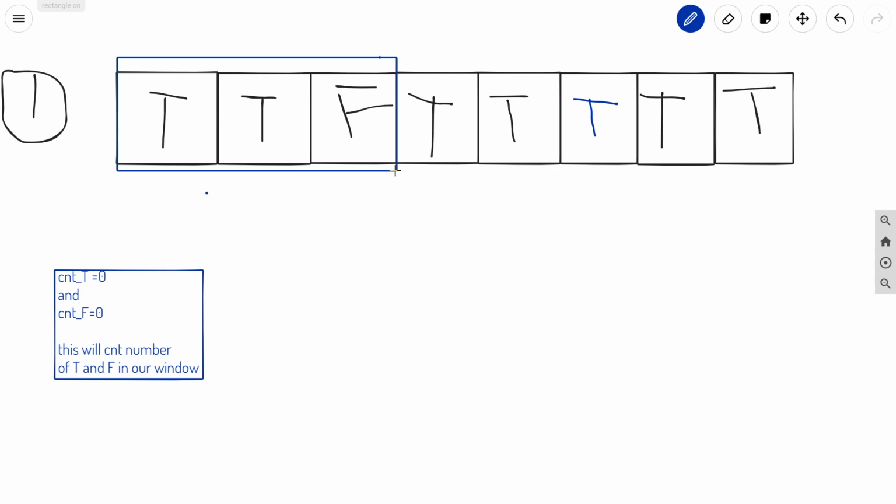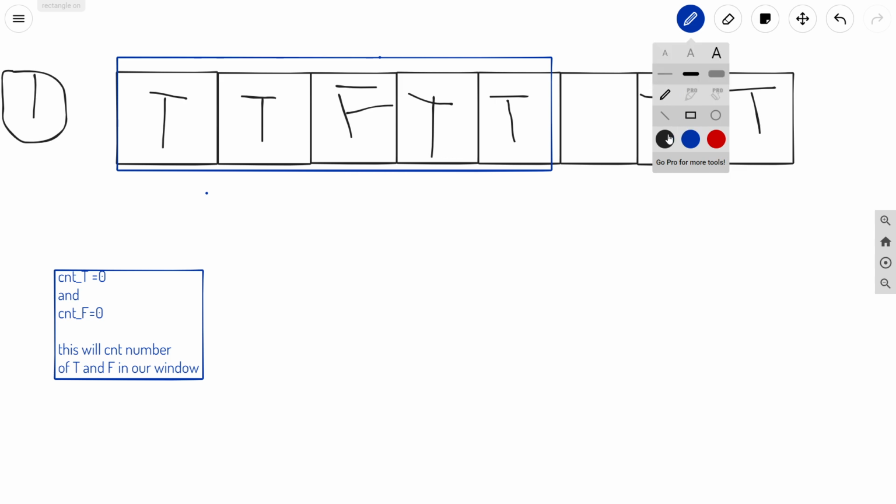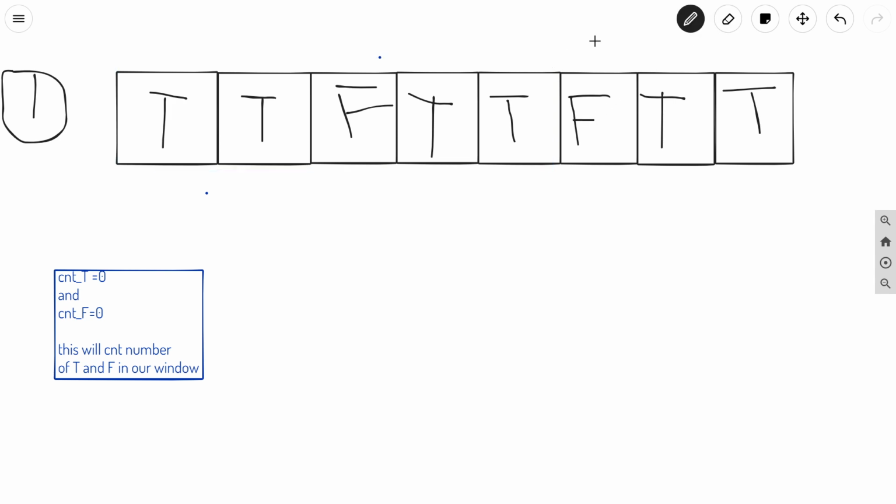So we can again increase the window, and we find count t is 3 and count f is again 1, then count t is 4 and count f is again 1. Basically it was f initially, and I was changing that point.